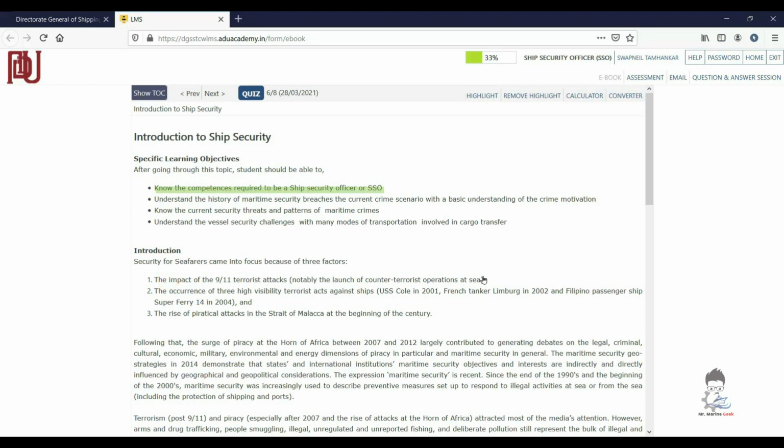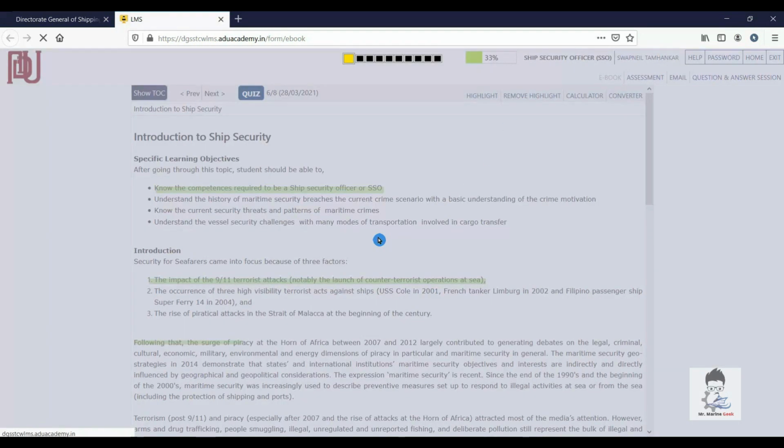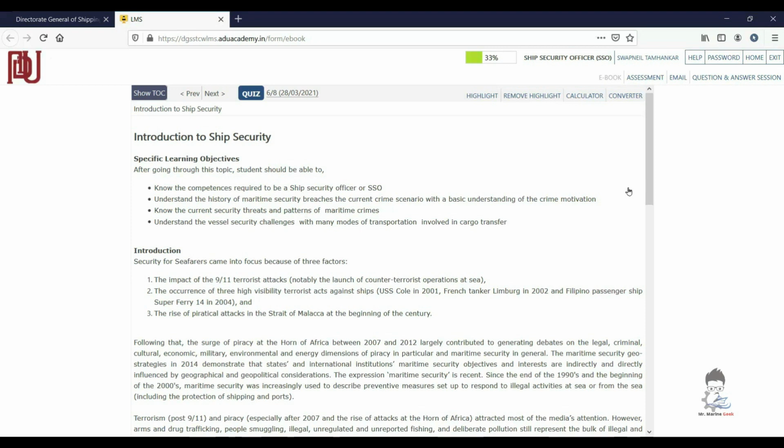So if you want to highlight a second time, click on the highlight again and select that particular sentence which you want to highlight, and again press highlight and highlight a third sentence. But the remove highlight button will remove all the highlights present on that page.